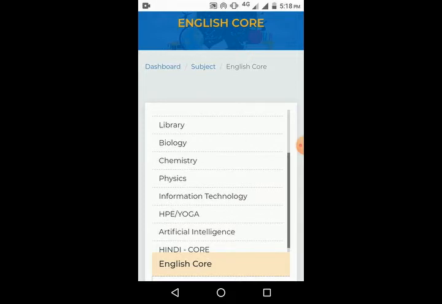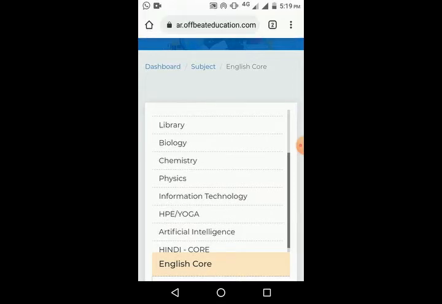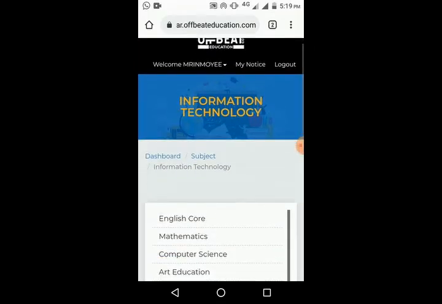First of all, you have to select the subject. Suppose I want to see the study material of information technology. In the subject list, I can see that after physics there is information technology. So I have to click on this information technology. After clicking that,